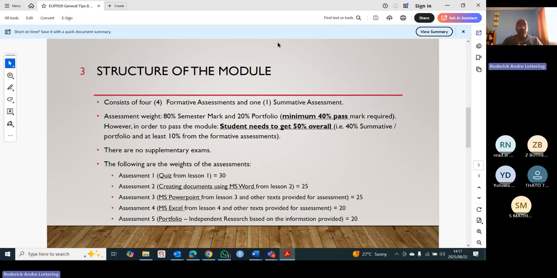Assessment 2 is where you have to create Word documents. In other words, you're going to focus a lot on Word. That counts out of 25. Assessment 3 is going to be based on PowerPoint and other texts that we're going to be assessed on, and that counts out of 25. The fourth one is going to be Excel based, and